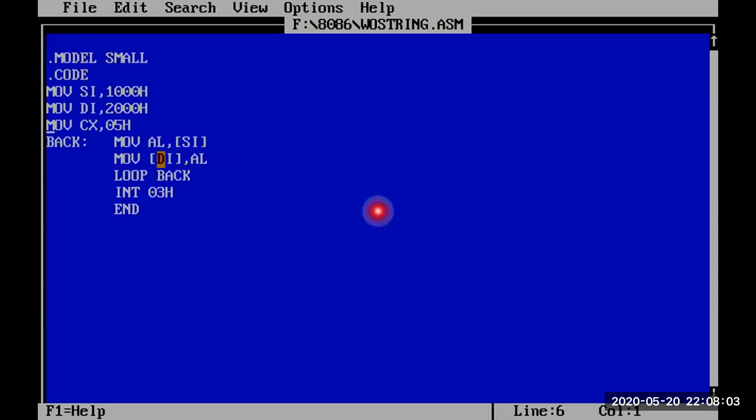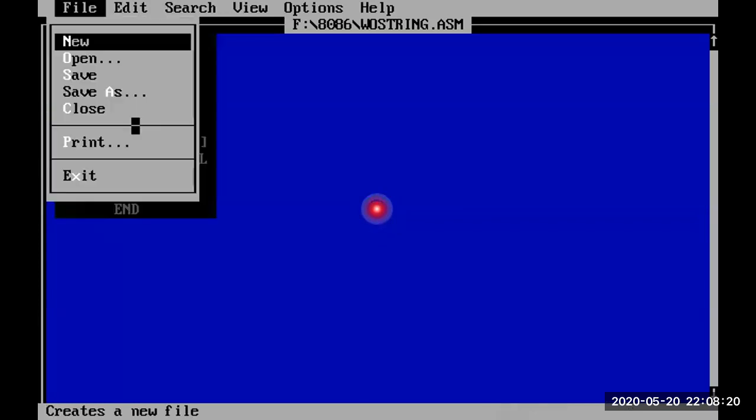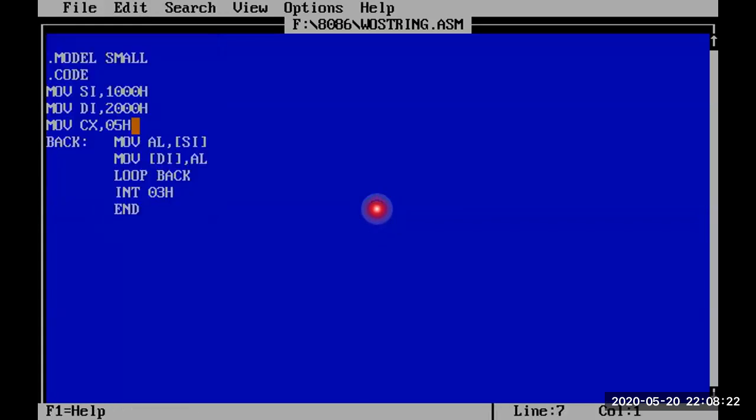After movement of five values, the count becomes 0, which means the condition is not satisfied, and it will come out of the loop. So int 03 and end. This program I'm executing. File save, file save.